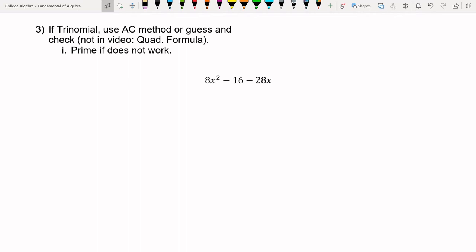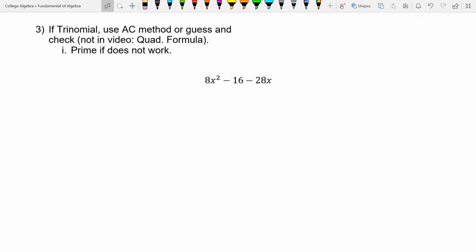method. Now I'm not using the quadratic formula in this video. Quadratic formula will always find what you want, but it requires a bit of work and making sure you understand what you're doing with the numbers that you get. I'm just going to show you the AC method to factoring this thing. First off,